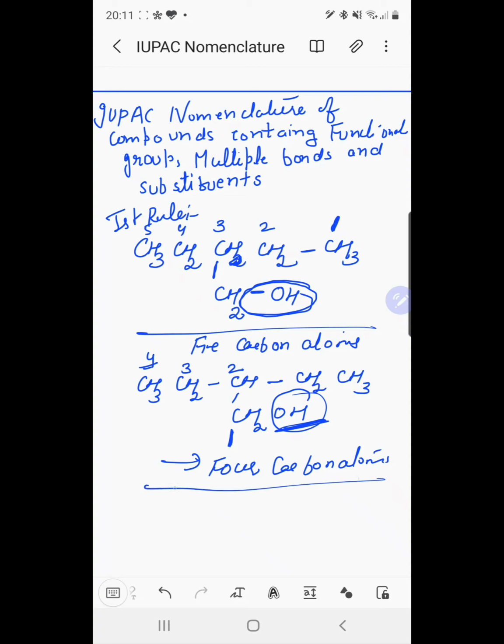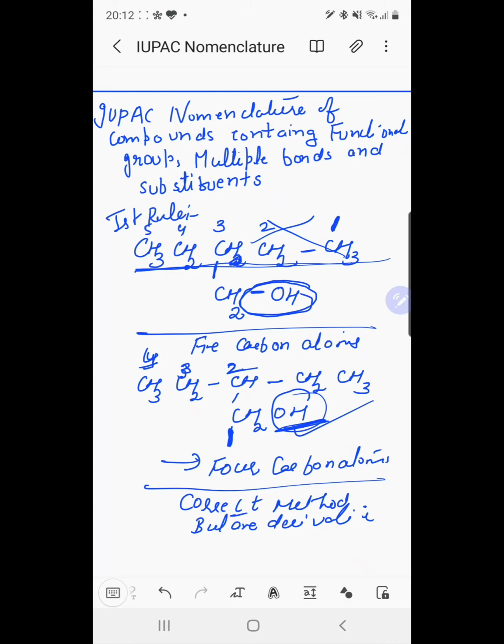This is the correct method because it also contains the functional group; we don't only care for the longest chain. The first one is the incorrect method and the second one is the correct method. We start the numbering from the functional group carbon atom, 1 2 3 and 4. So the longest chain is butane, a butane